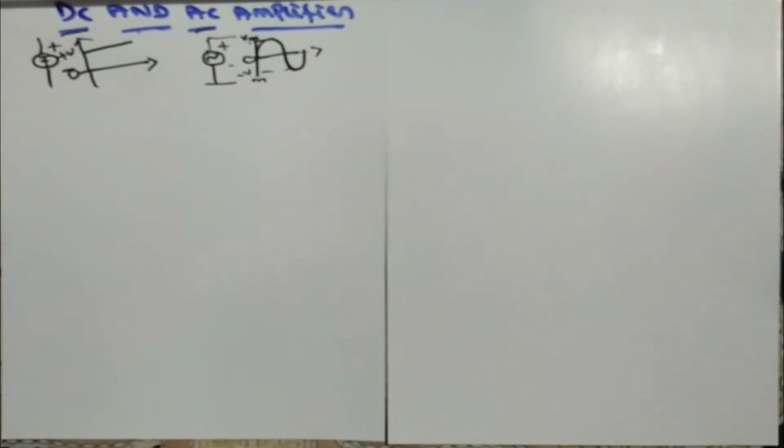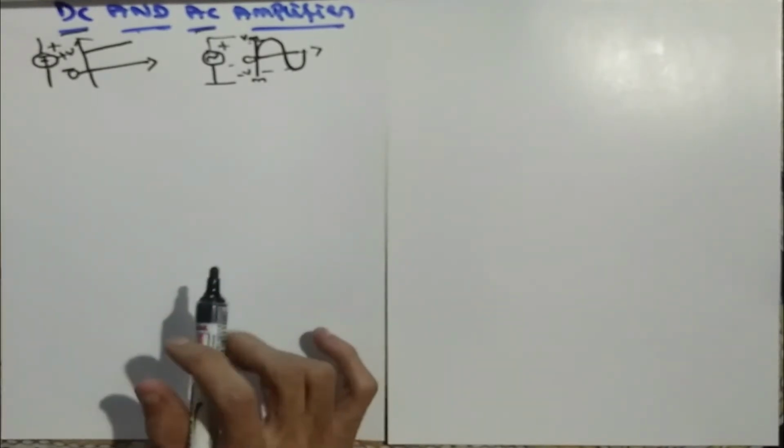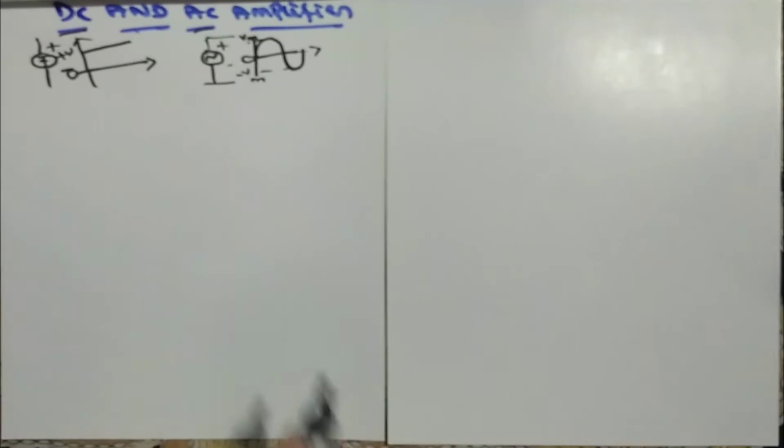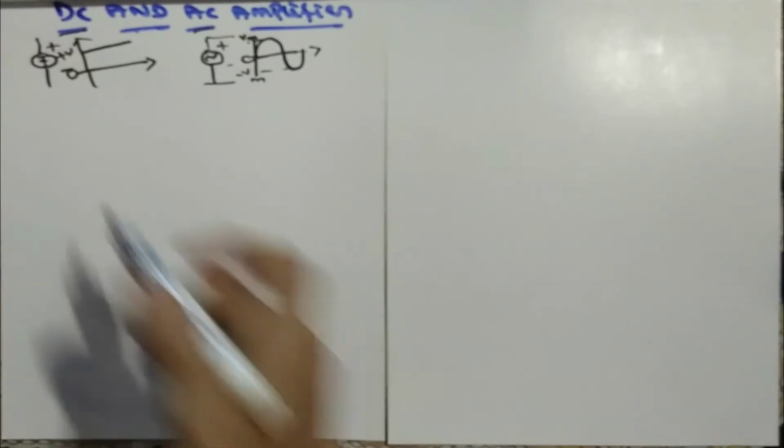So what circuits can we build using a DC amplifier and an AC amplifier? In an op-amp, there are four possible circuits. Previously we discussed what happens when both inputs are 0, both inputs are high or different values, or only one input is present. Common mode is nothing but V plus and V minus being 0, so the output is 0, and we are not getting any output.